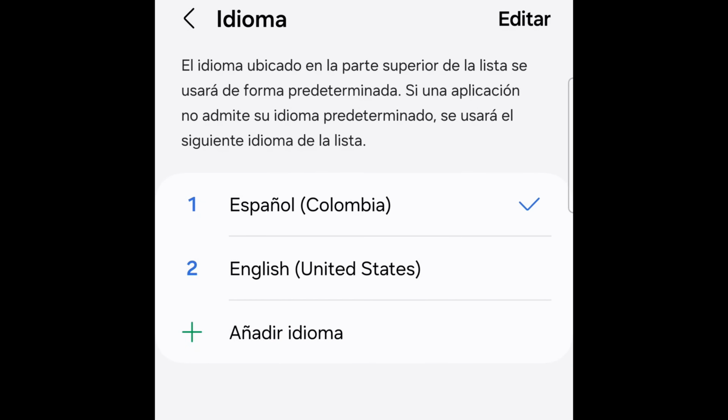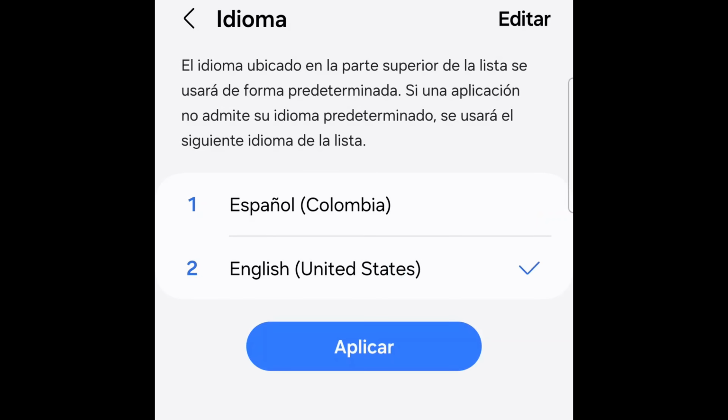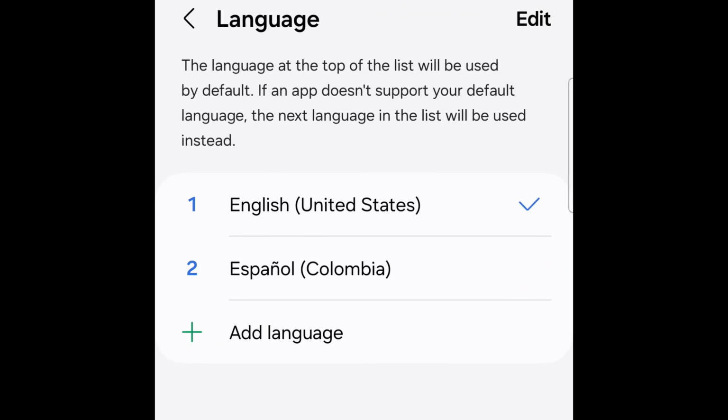You see, it changed the text right away. So it's not a scary thing to do. So don't be a wuss. You can always change it back. But if you're serious about leveling up your Spanish, I suggest you do that. If I wanted to change it back, I could simply push English again, apply, and it's back to English. It's just that simple.